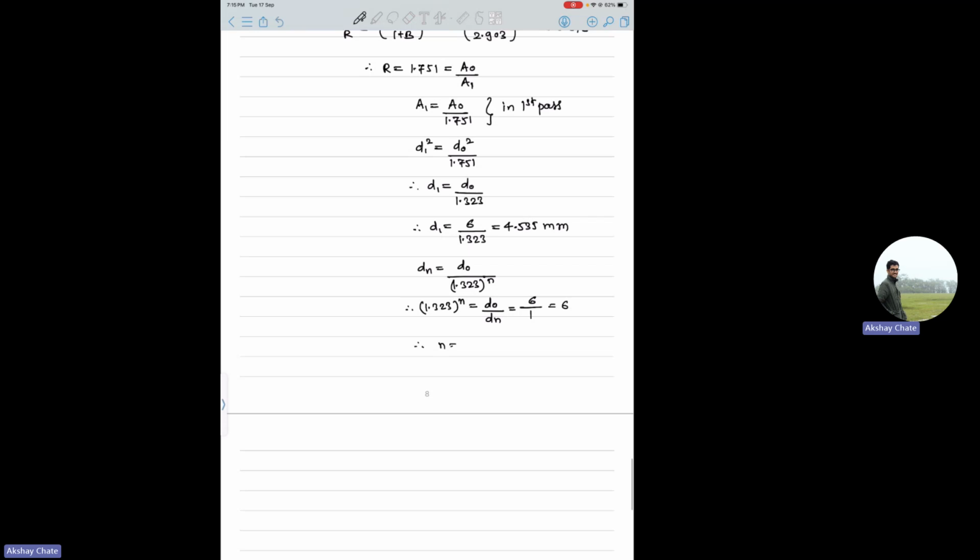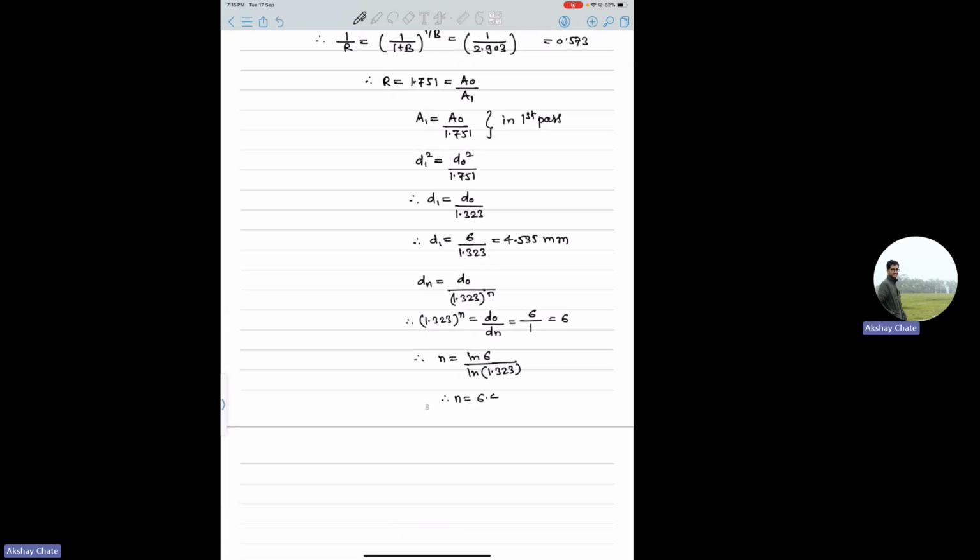So you can write 1.323 power n as d naught by dn, and here d naught is 6 and we want it to be 1 at the end, so it is equal to 6. When you take the log on both sides, this will be ln of 1.323 in the denominator. If you do ln of 6 divided by ln of 1.323, you get n